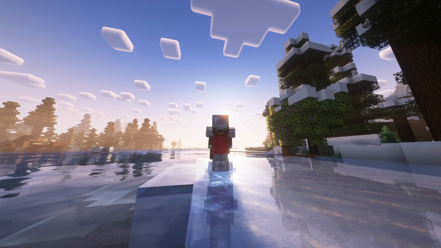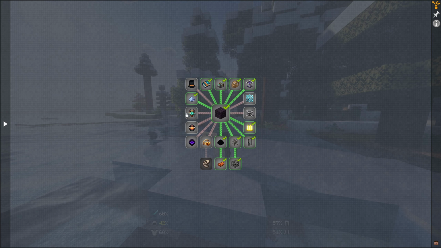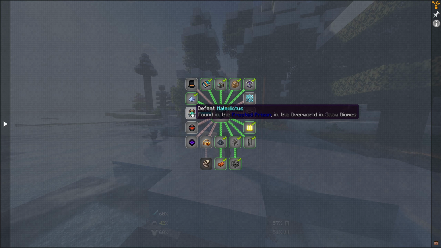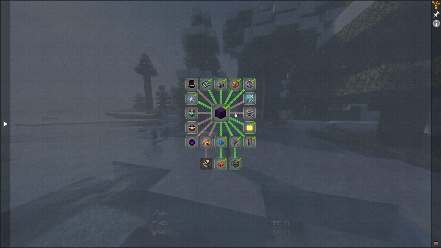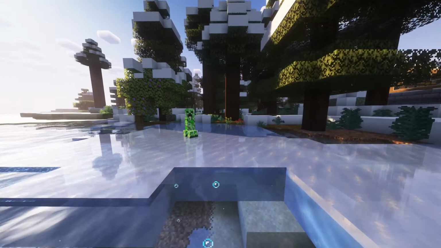The first thing that I want to point out is they added a new boss in the overworld, Maledictus. However you want to say that, I have no clue. But this is the only new thing I believe they added to the overworld as boss-wise. I think they did add a few other things, new pillager stuff. There might be bosses for that, I'm not exactly sure. But,